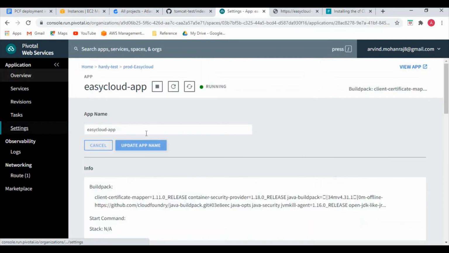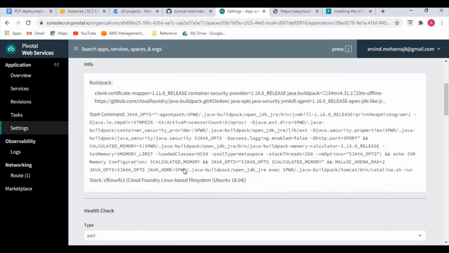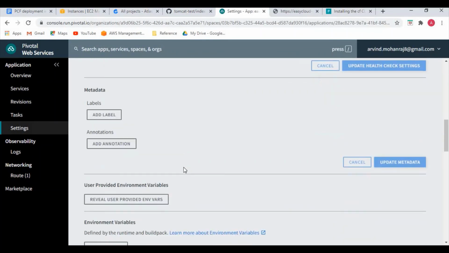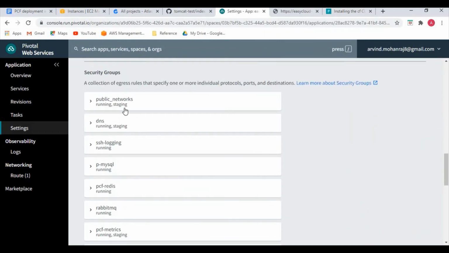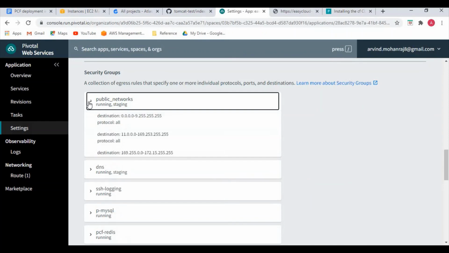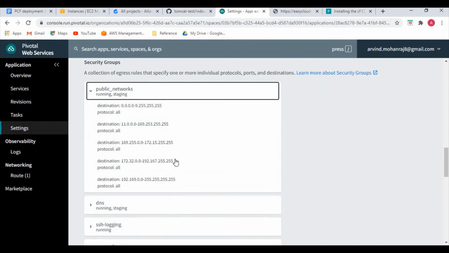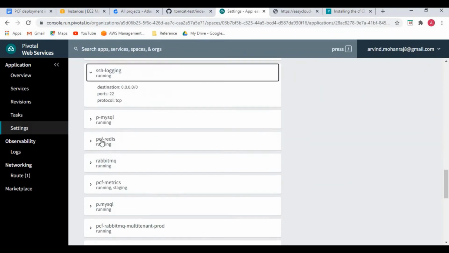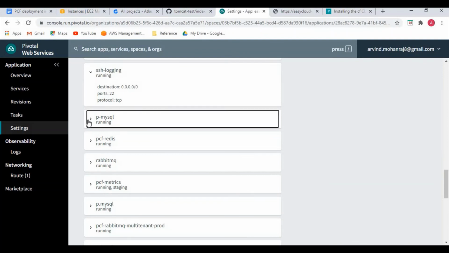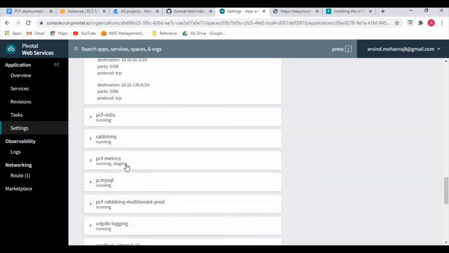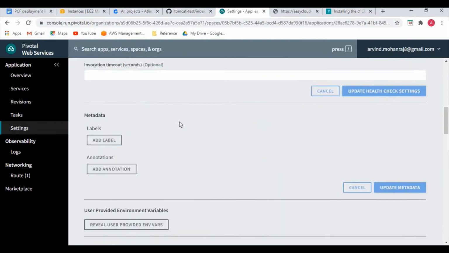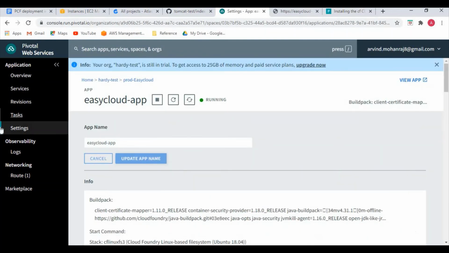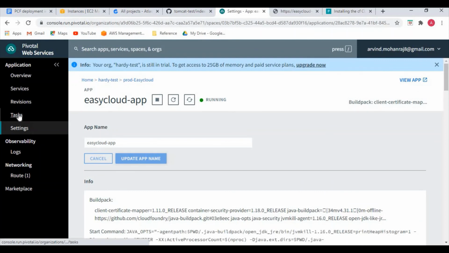If you click on settings, there is so much information available regarding the application, the DNS, public networks, who all can access, SSH, database information, and like this, there are many other pieces of information available. You can go ahead and modify them according to the requirements.